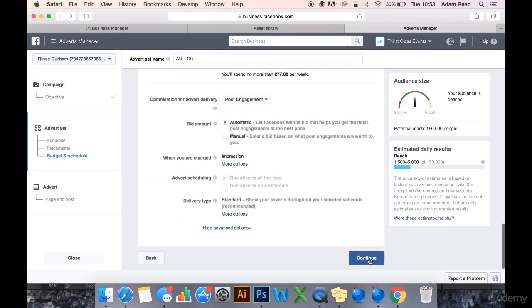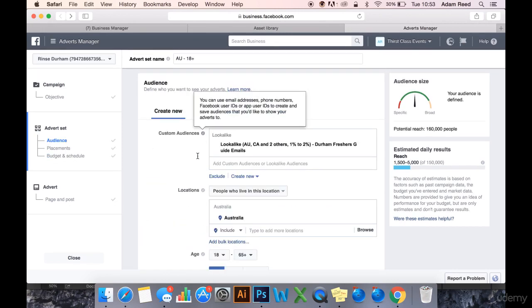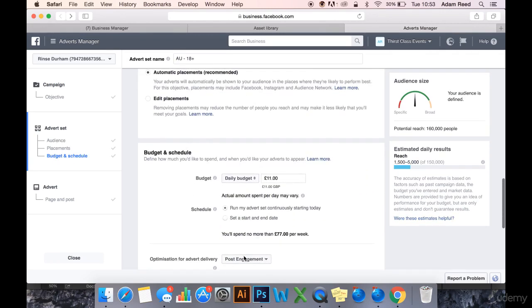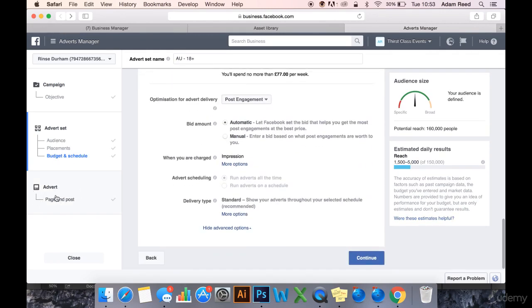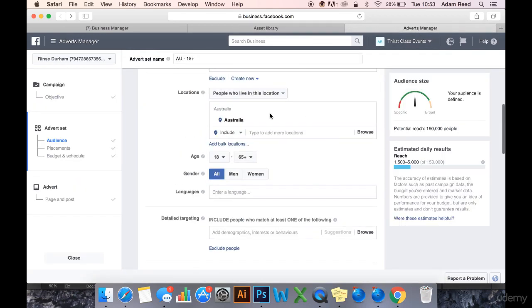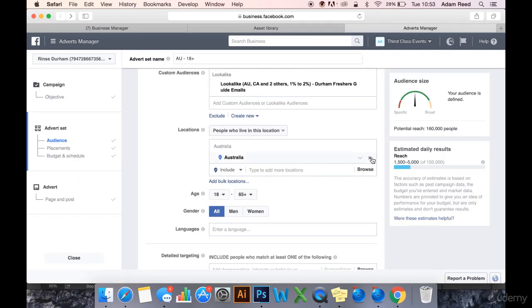So all I would do is continue, click through. Now that I've added Australia, I would just click through the ad set, finish all this, do my creative, and then run the ad. And then I'd come back to the asset library, I'd click Create Advert again. I'd create the exact same advert, but this time, what I would do,